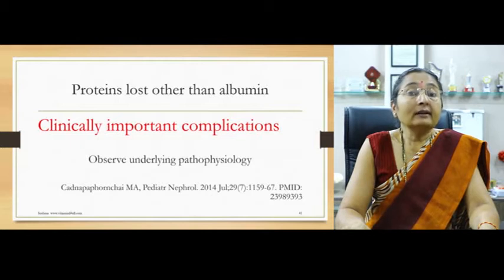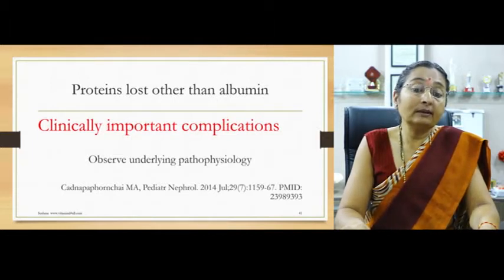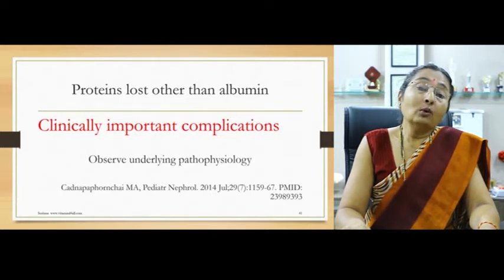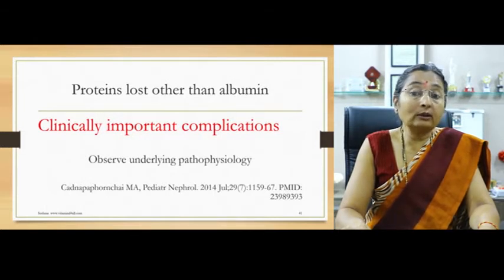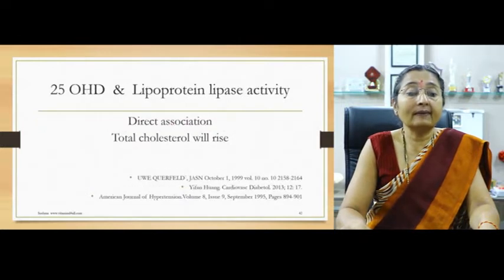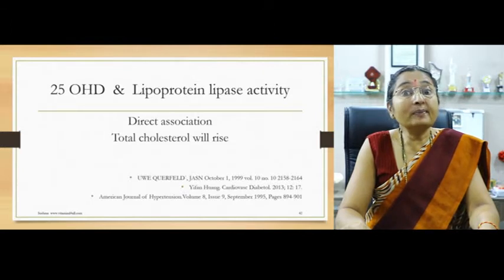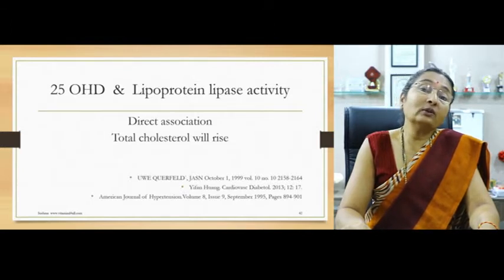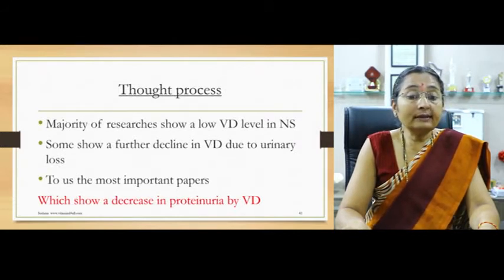Friends, we have to think that there must be other proteins also lost in urine apart from albumin, vitamin D binding protein, and those proteins which are lost in urine, they must be creating some havoc in pathophysiology which we have to manage during our treatment. When vitamin D is low, lipoprotein lipase activity is low, and so the cholesterol rises. So one thought process is